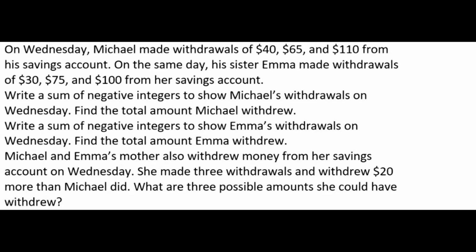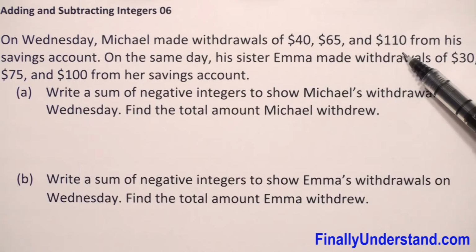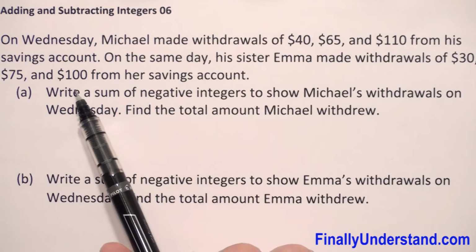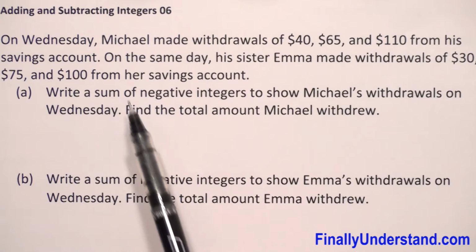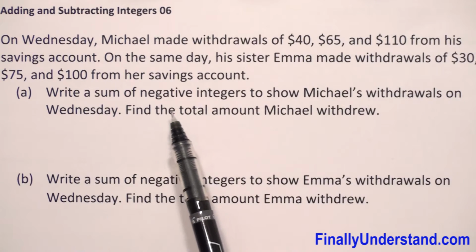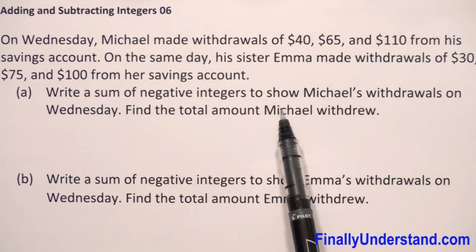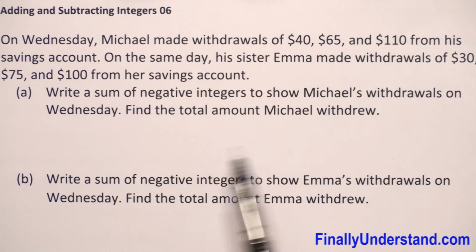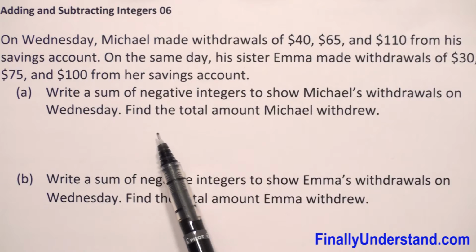On Wednesday, Michael made withdrawals of $40, $65, and $110 from his savings account. On the same day, his sister Emma made withdrawals of $30, $75, and $100 from her savings account. First, we have to write a sum of negative integers to show Michael's withdrawals on Wednesday, and find the total